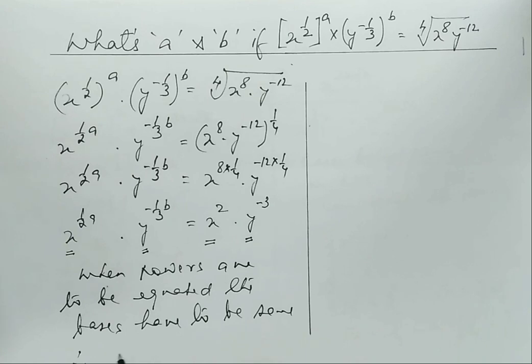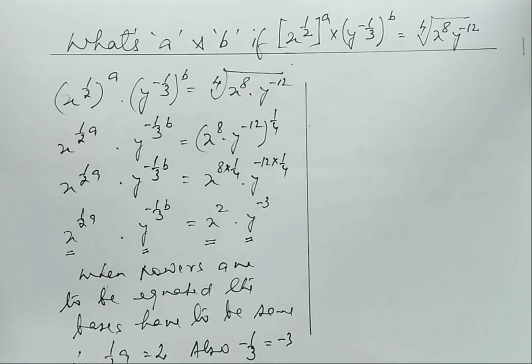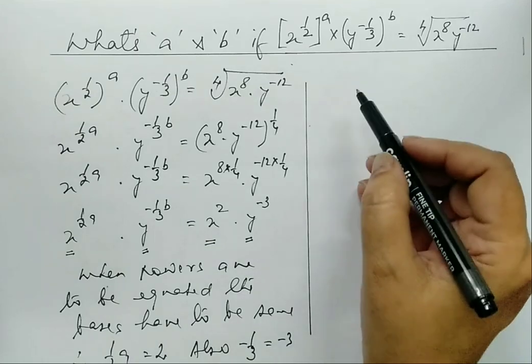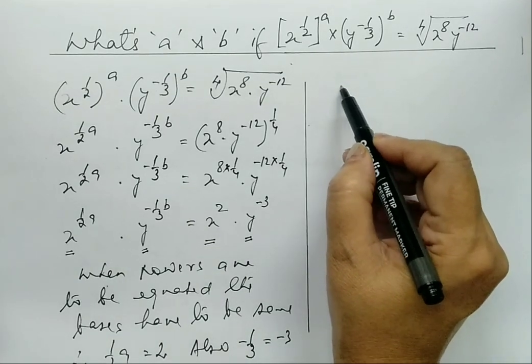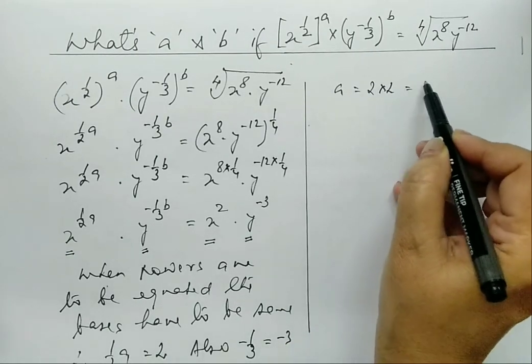Therefore, half a is equal to 2. Also minus 1 by 3 b is equal to minus 3. Alright guys, so having done that, we have a equals to, this will go up, 2 into 2, which is equal to 4,